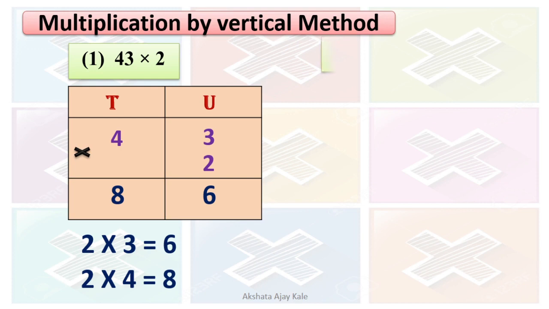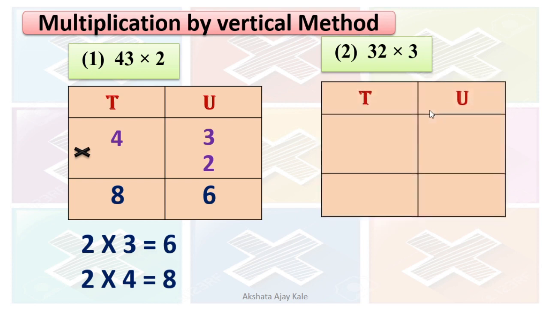Okay. One more here. 32 multiplied by 3. Okay. Now we will make a table. This is unit place and this is tens place. Okay. We will write 32 in this table. So 2 in the unit place and 3 in the tens place. Multiplied by 3. Here the multiplier is 3, isn't it? Same thing here. First we will multiply the numbers from the unit place. That is 3 2s are how much? 6. Correct? 3 2s are 6. We will write it in the unit place.